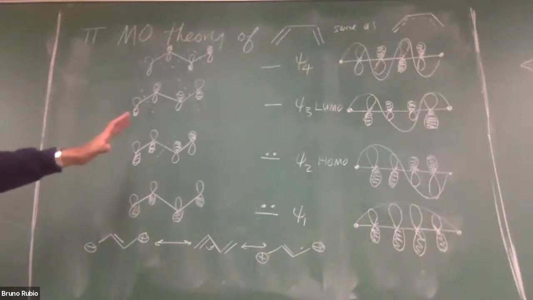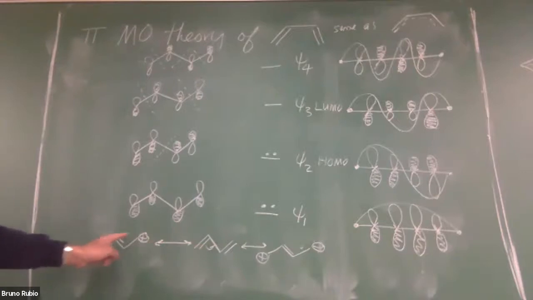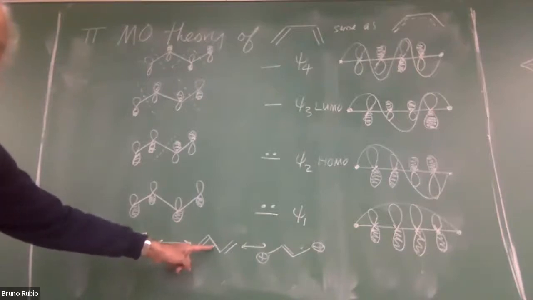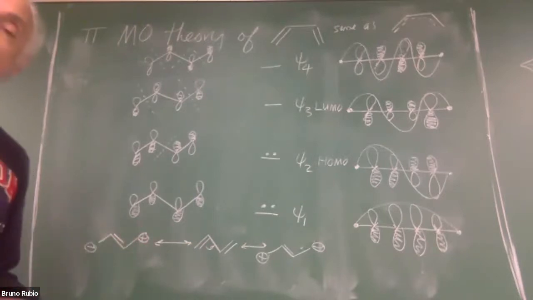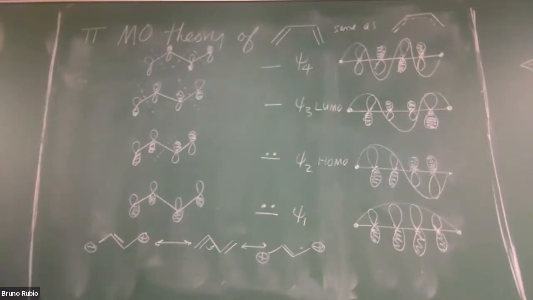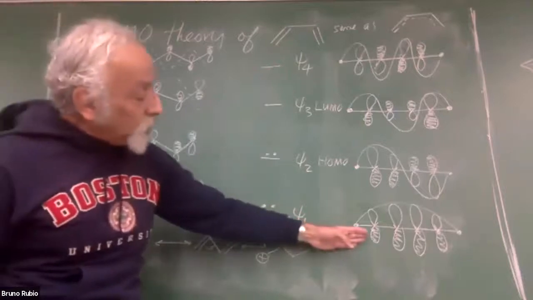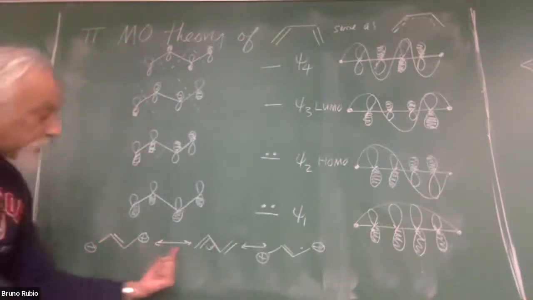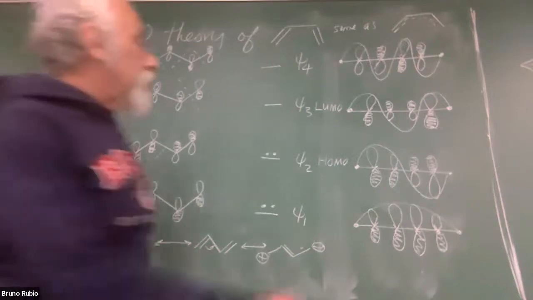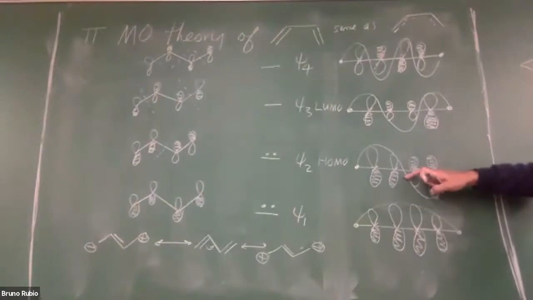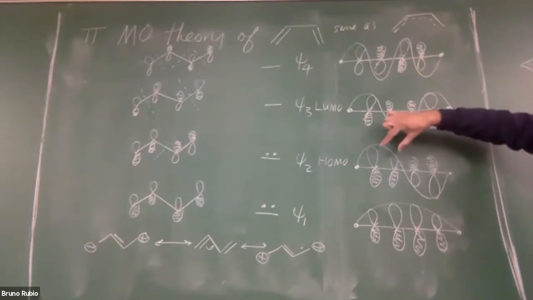The resonance is telling us that this double bond has some single bond character. Resonance is telling us that this single bond has some double bond character. But the molecular orbital theory is telling us exactly the same thing. This molecular orbital is telling us that the electrons are free to move over the whole pi system. This molecular orbital is telling us, well, the electrons are free to move over the whole pi system, but there's